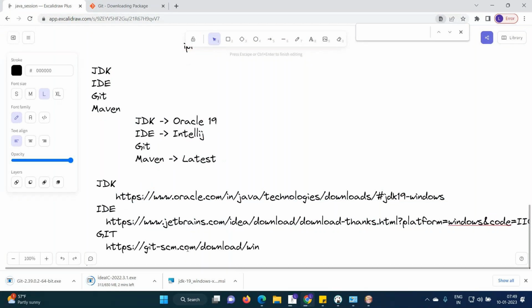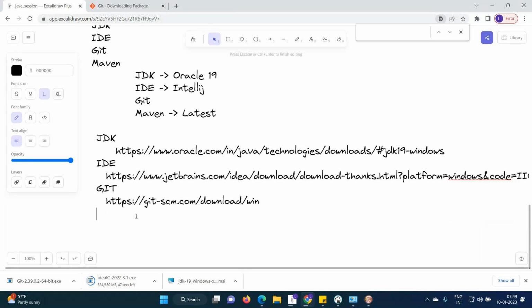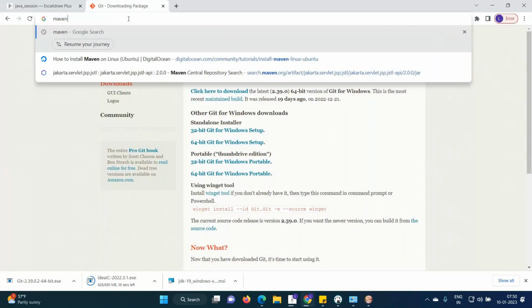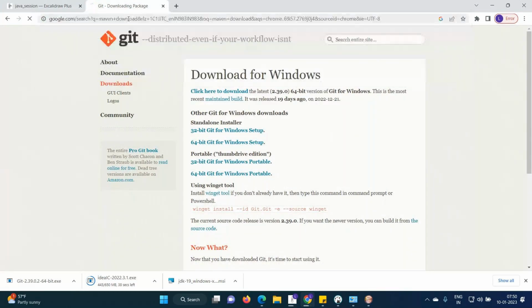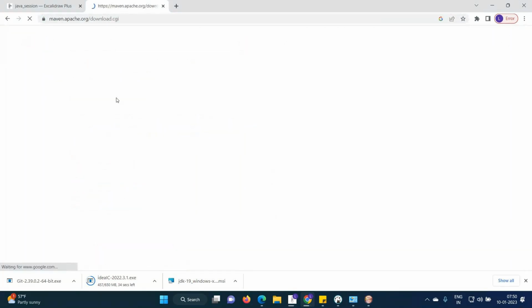And then there is something called Maven. When you're downloading Maven, the download is very simple. You can go to the Maven official site. Here I'm going to select Maven download. So this is the official site. You can go to Maven, and here you will find something called